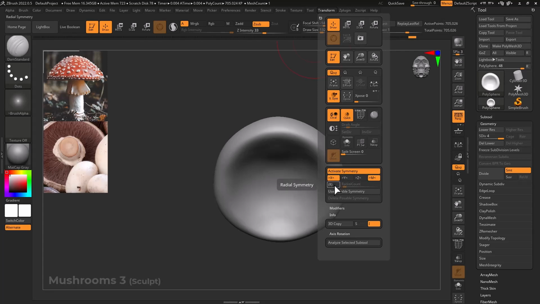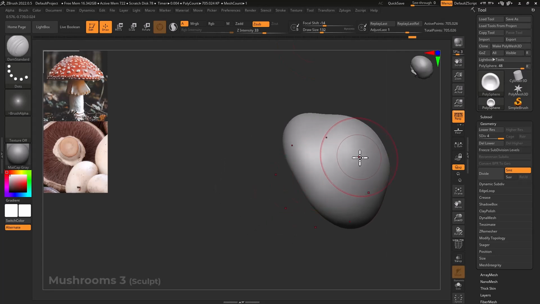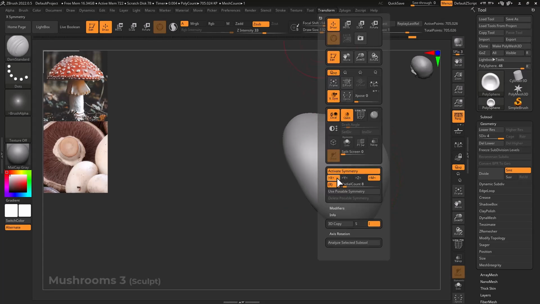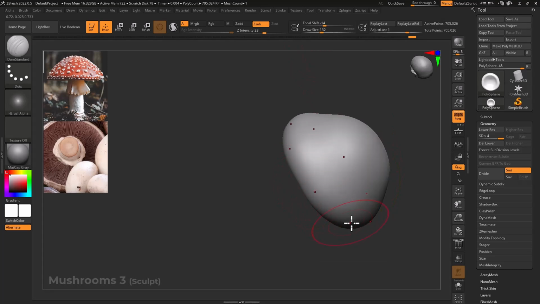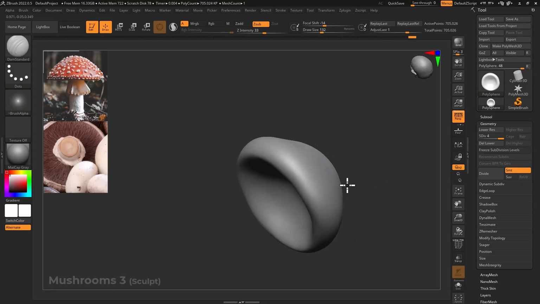Right underneath these options is the R, which is for radial. If you enable that, you'll see a spiraling of radial dots, but it's not aligned to our model the way we need. So let's change our axis, turn off X and turn on Y,